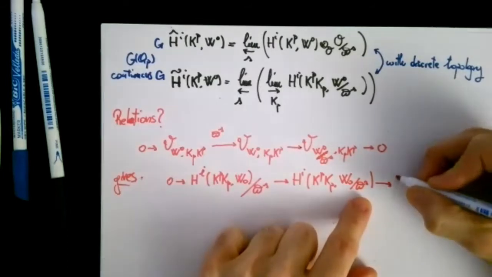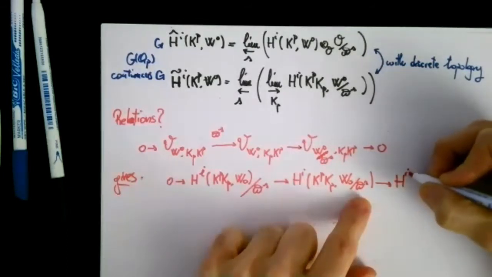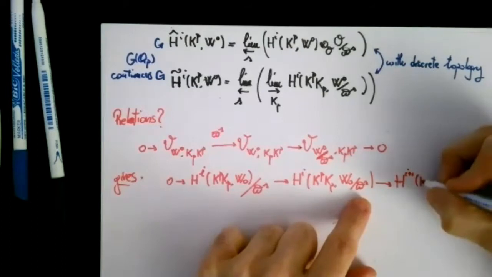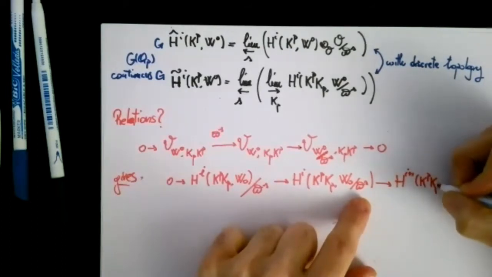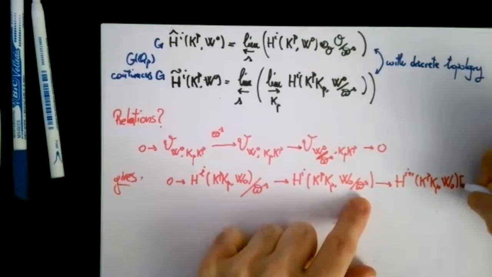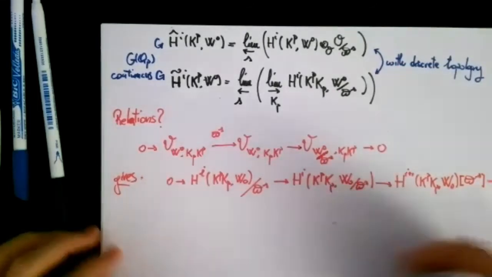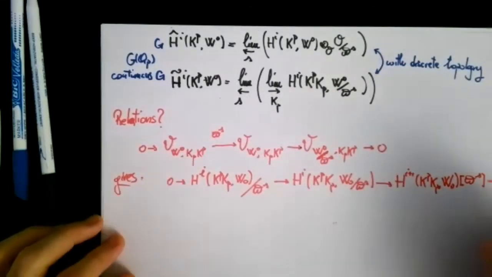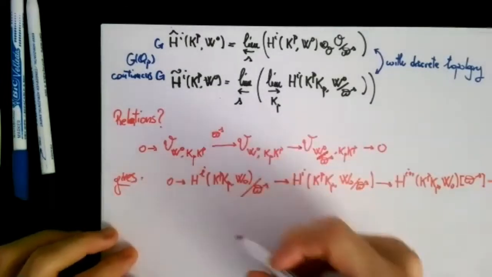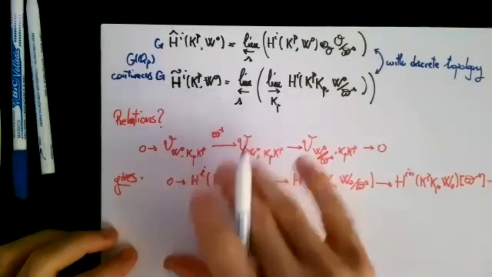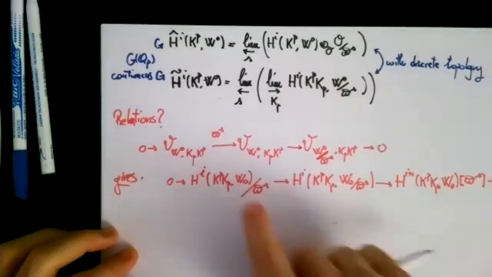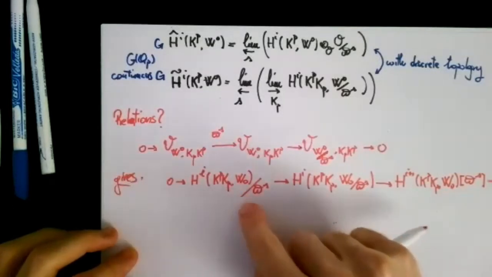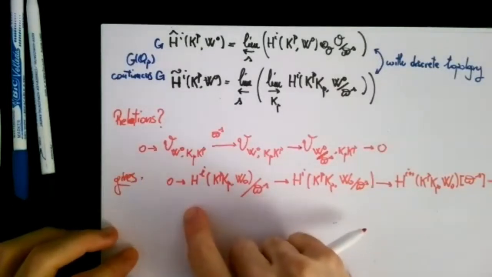And here I get Hi plus 1 of K upper P, K lower P, W naught. And here I consider the torsion. And so you see that if I take now the inductive limit over all Kp, and then I take the inverse limit over all S,